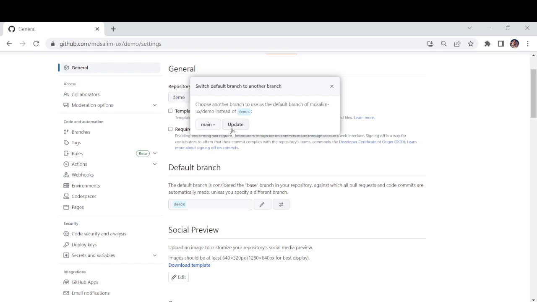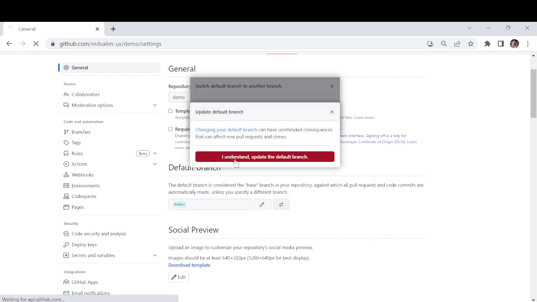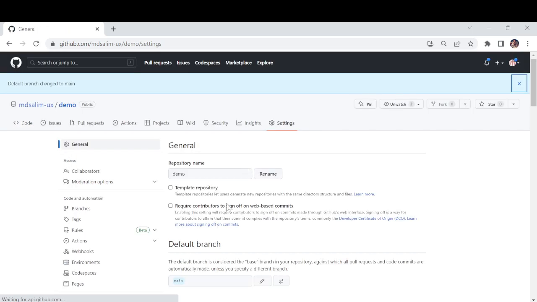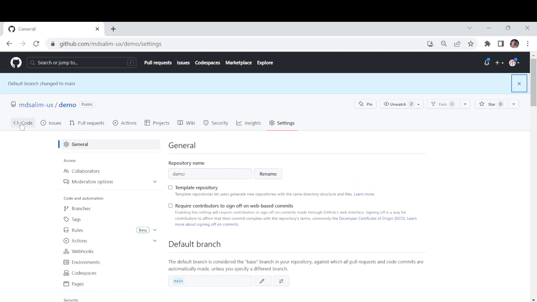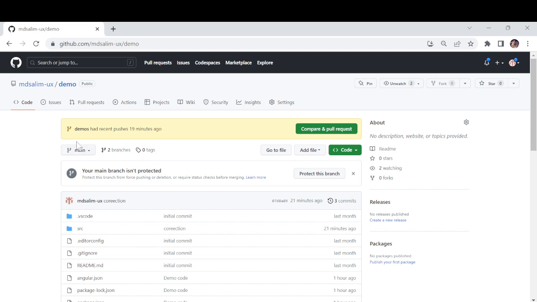So this main one I will make as a default one. Here it will ask the terms and conditions. Now you can see my main branch is, if I go back, by default it is coming as main. Now it is showing the demo has the recent changes. If you open it,